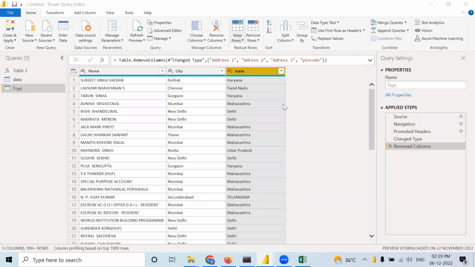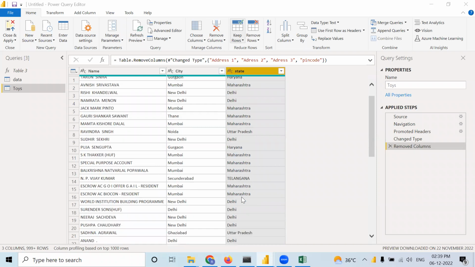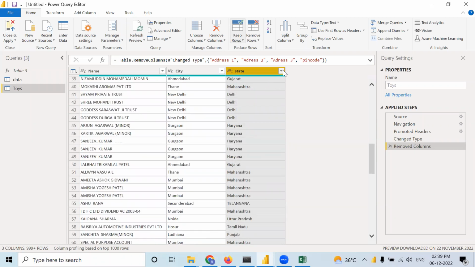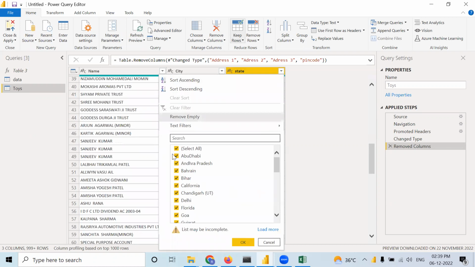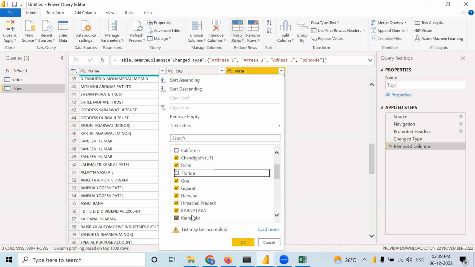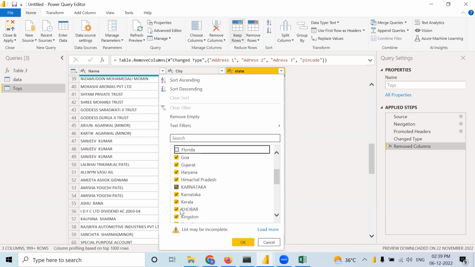So here the problem with this particular thing is, when I go through this drop down, you can see that many unwanted things are there like Abu Dhabi, Bahrain, those kind of things. When you uncheck it, that particular record will be removed from the data set. So whichever are unnecessary things, you have to uncheck them like this. Like California, Florida, whatever unnecessary thing is coming, like Karnataka, it is in capital as well as small. You can change the case also. First of all, I will remove all the unwanted things. Khobar, Kingston, Kuwait,